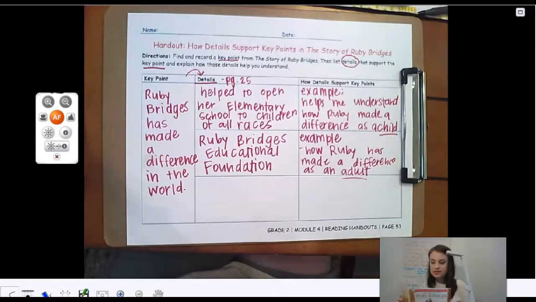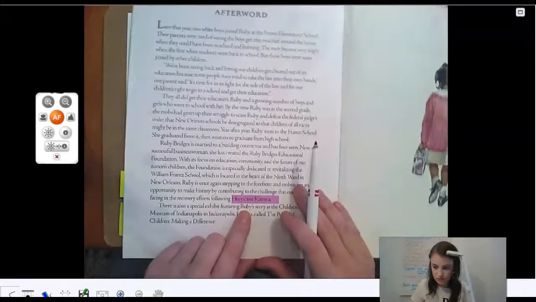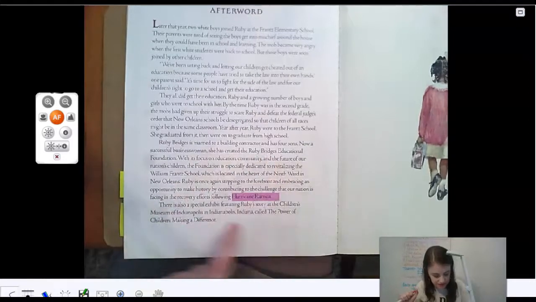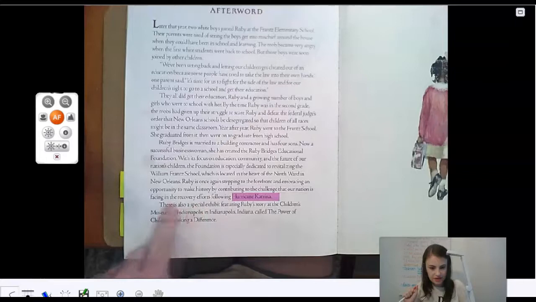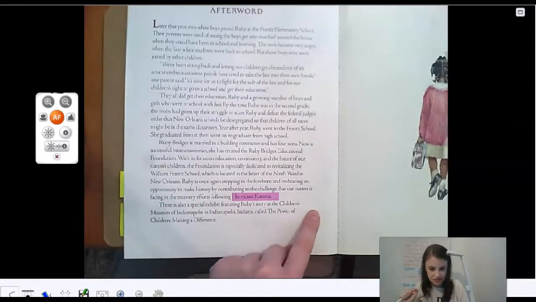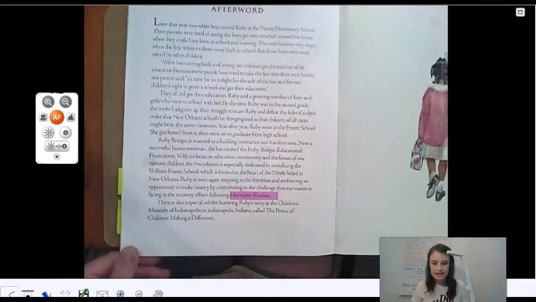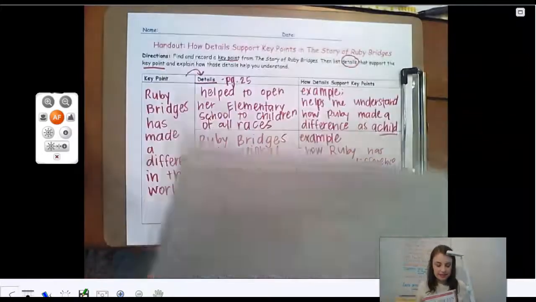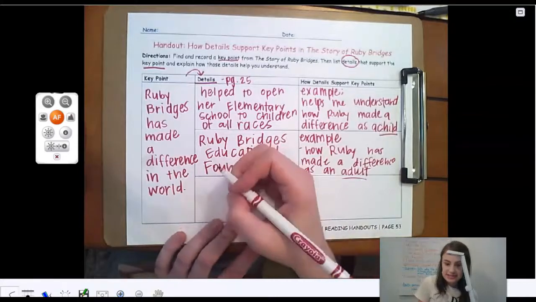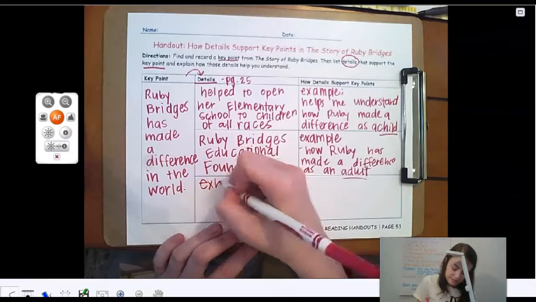Okay, our third detail. What is another detail that supports my key point and shows me how she has made a difference in the world? Let's see. So this page talks about her educational foundation. Let's look at the last paragraph. There is also a special exhibit featuring Ruby's story at the Children's Museum of Indianapolis called The Power of Children, Making a Difference. That is a key detail because she is definitely making a difference in the world with her exhibit at this Children's Museum. So I'm going to say exhibit